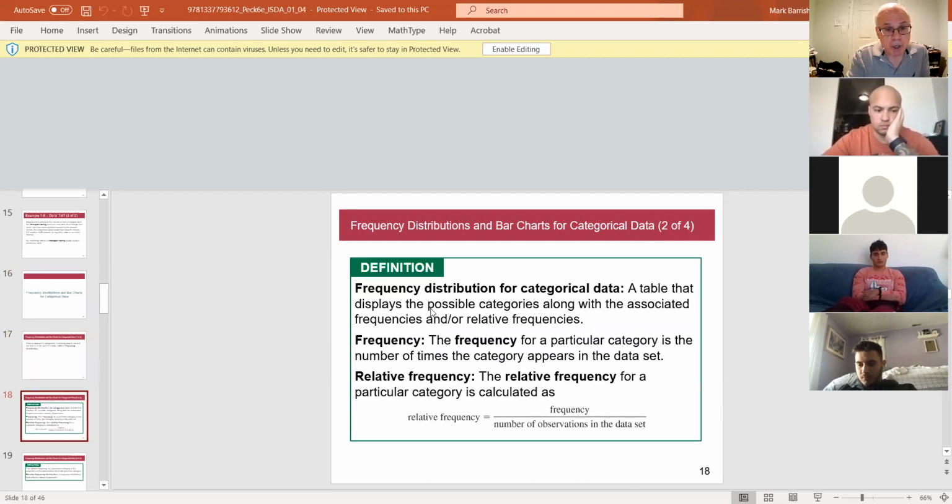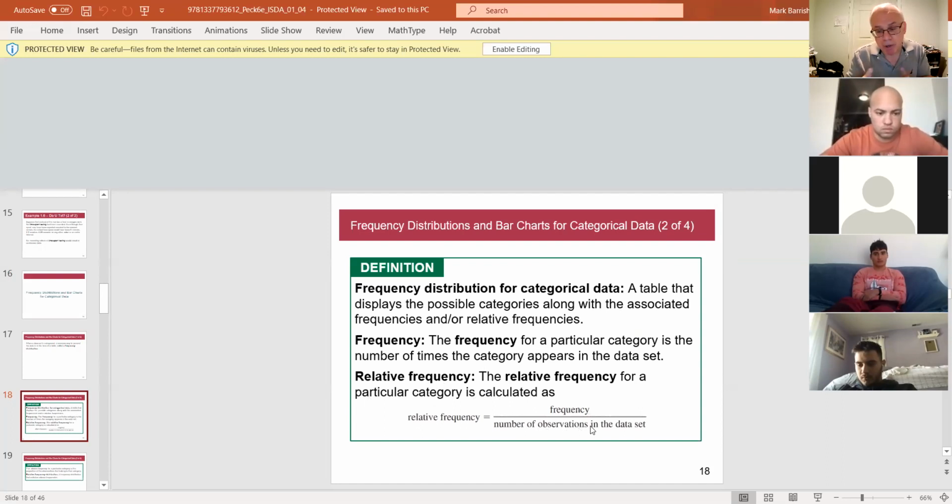Now, frequency, once again, is the count of the number of people or things in a category, the number of times it occurs in the data set. That's another way of saying it. Relative frequency, I hope you understand what this means. It means the frequency divided by the total number of observations in the data set. You have a bunch of numbers in a data set, which are the counts,